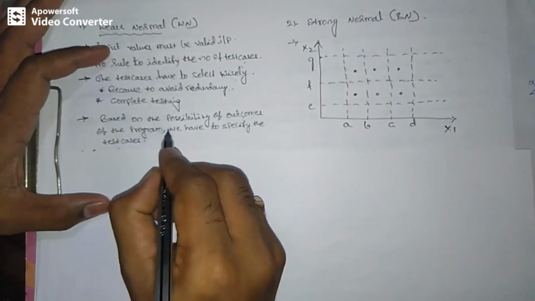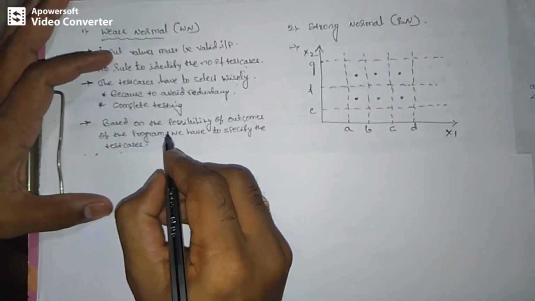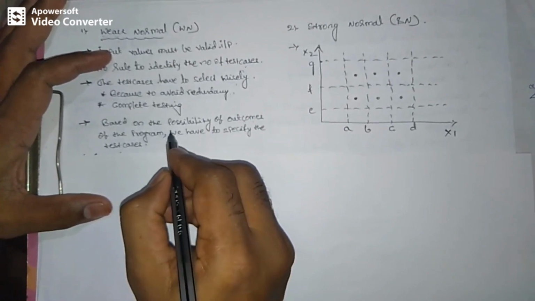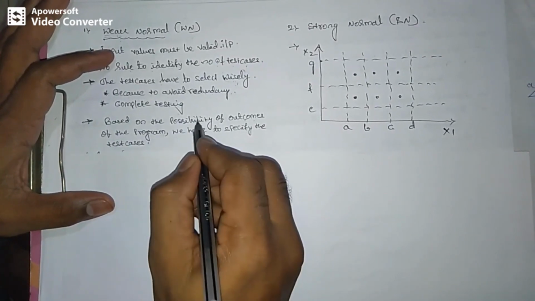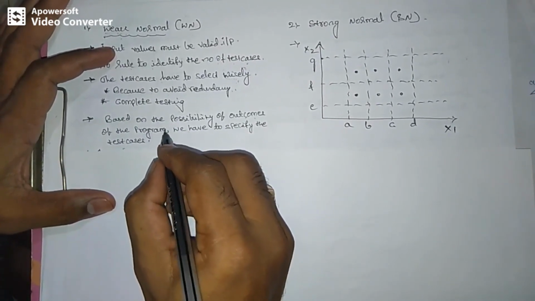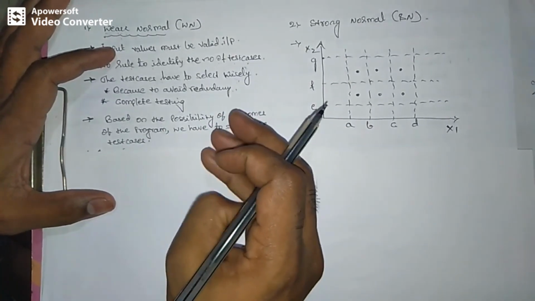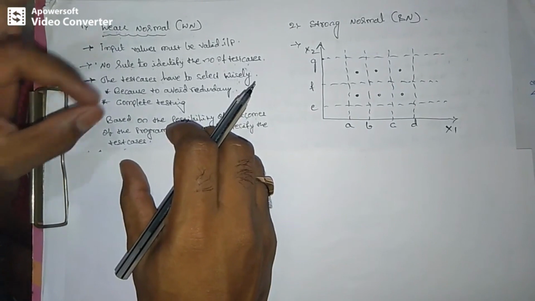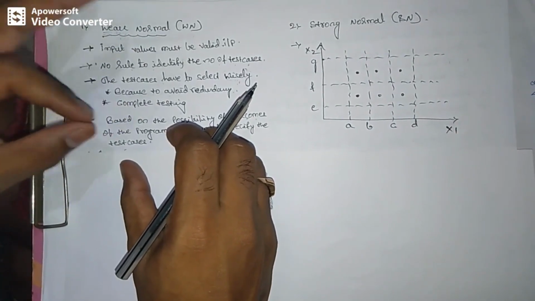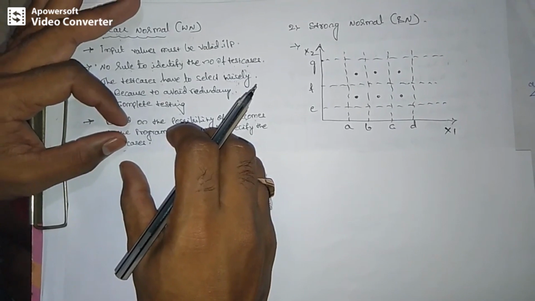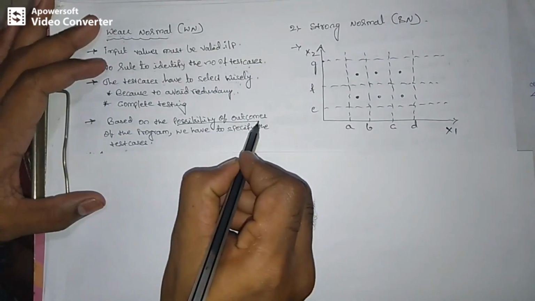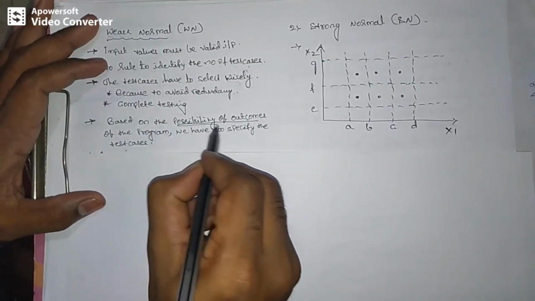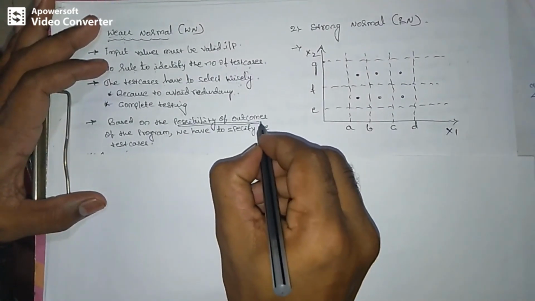I will give you a best example for this point. Let us consider a triangle problem, which includes three inputs A, B, C. A, B, C will have an upper limit and a lower limit. Let us consider 1 to 10, where 1 is the minimum or lower limit and 10 is the upper limit. For this program, if I specify any valid input variable, then the expected output result is what I mean by the possibility of outcome. I will give the possible outcomes with respect to the triangle problem.